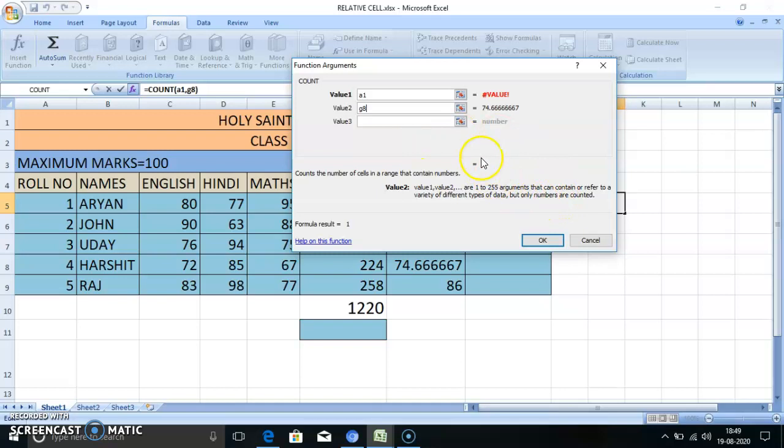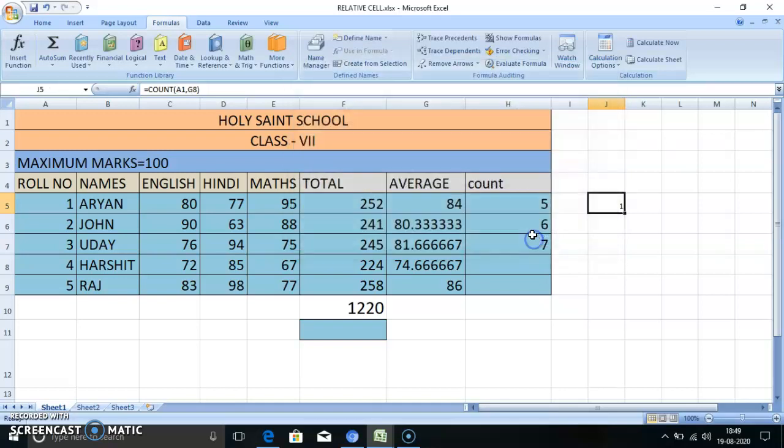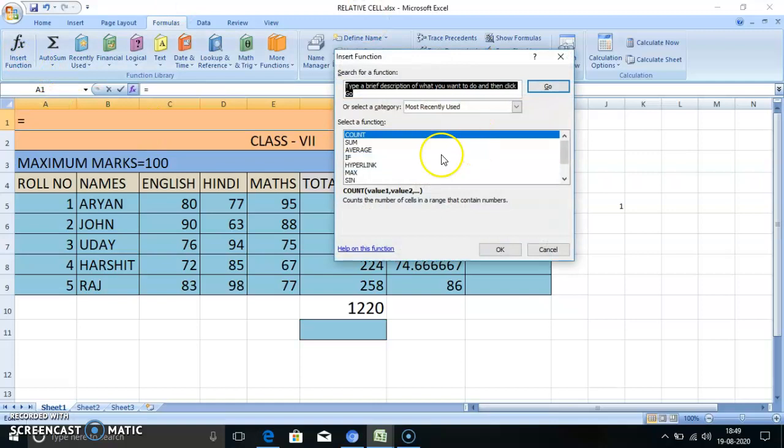So what will it say? 1 only. How will we get 1 only? From A1 to G8. G8, that means here. It will not take it because in A1 there is an alphabet. So I have to put the COUNTA function so that it will come.